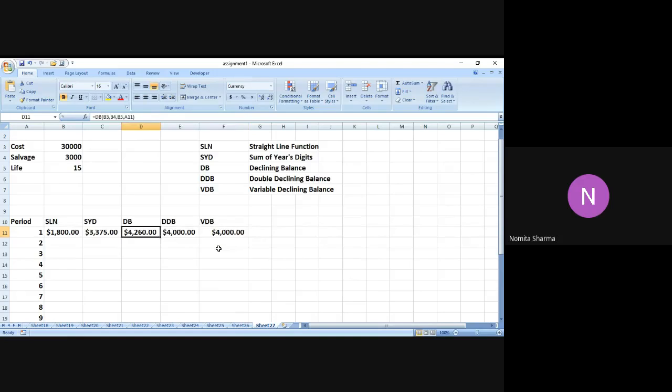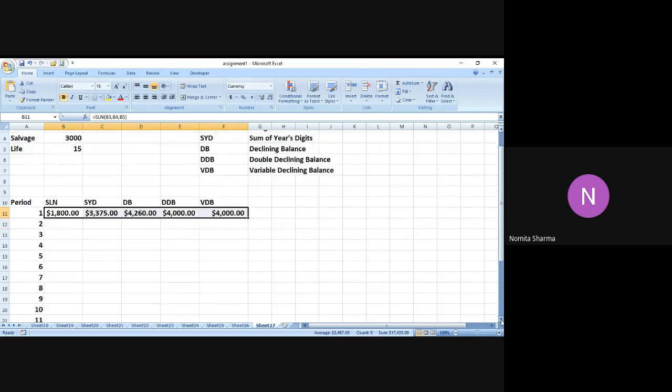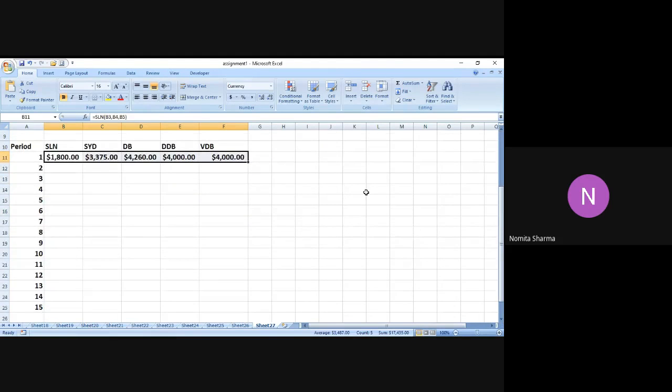Now for calculating all these values for the remaining periods, that is 2, 3, 4, 5, and 6, I'm going to simply drag down these cells in one go. So let me drag it down till the 15th point, and when I drag it down, you will see that the answers will come. But before I get the answer, let me tell you, we have made one error over here,